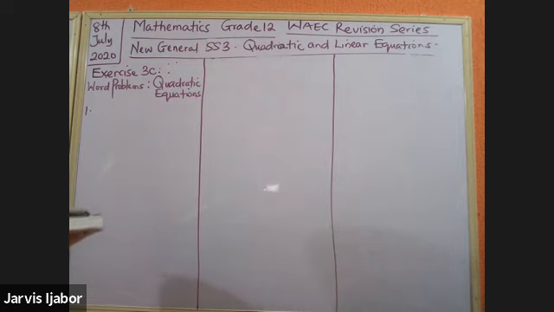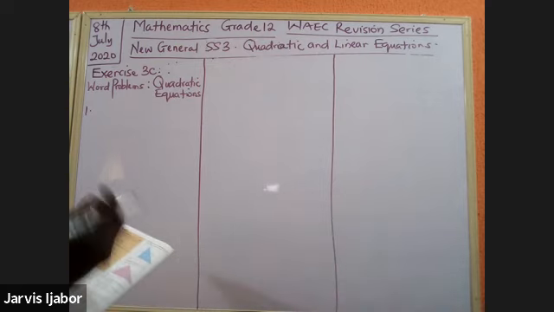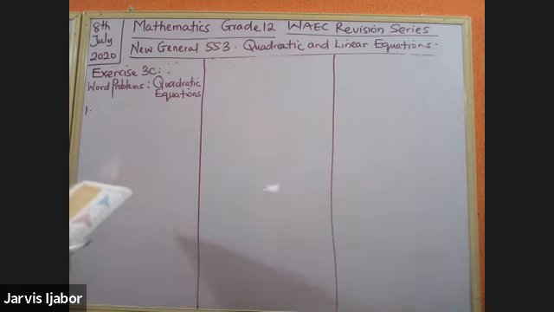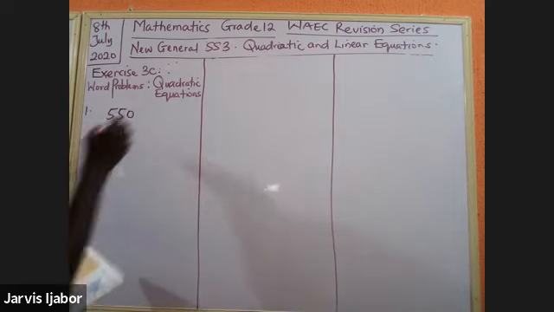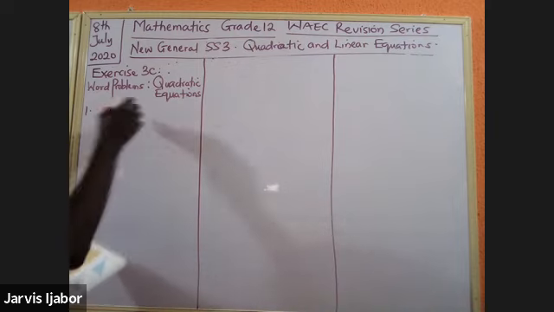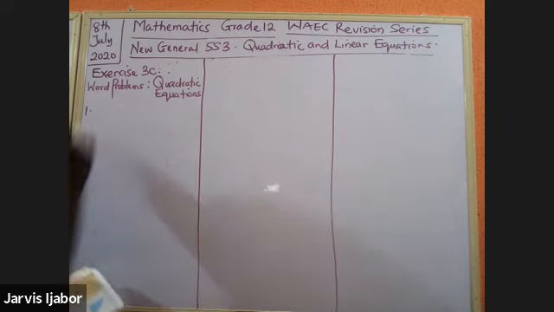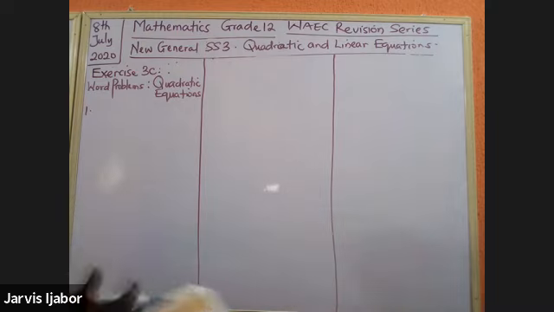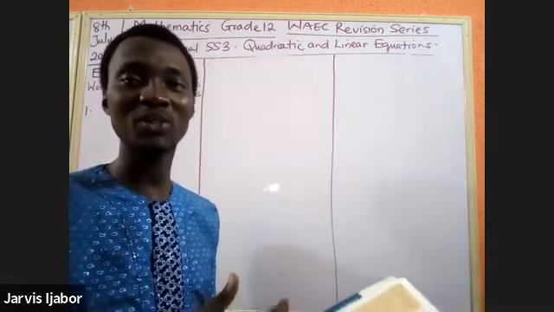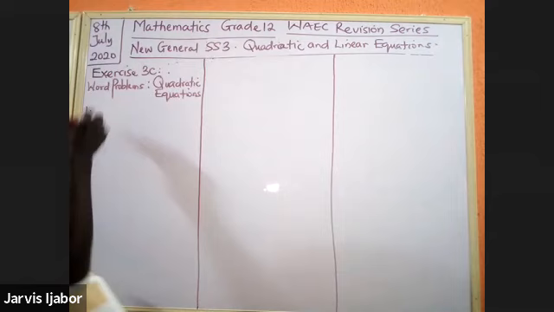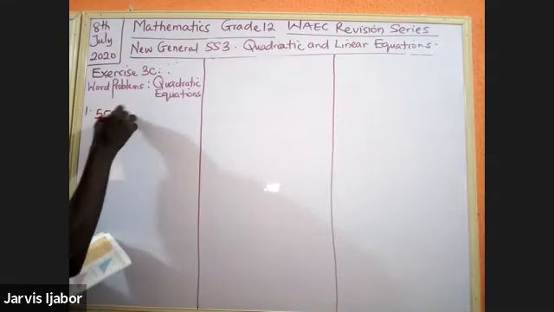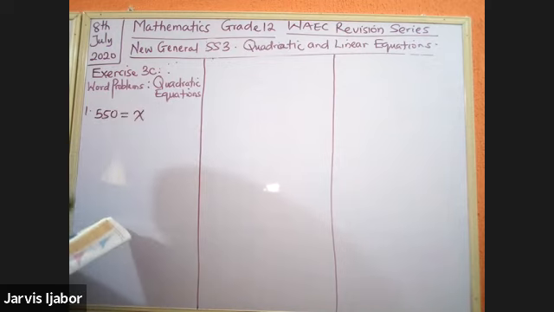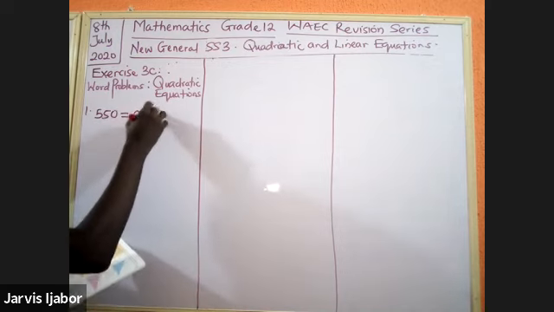2x minus 28 naira. Find x. Now this is very simple. If I get the analogy where it says she spends 550 naira on what? X articles. Now look at it. I'm taking the question and rewriting it as it is set here. It means that 550 naira is spent on X articles, each one costing,